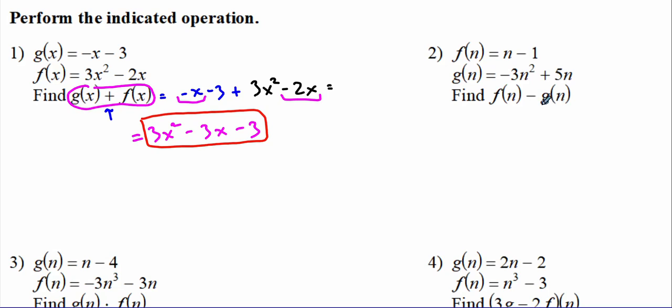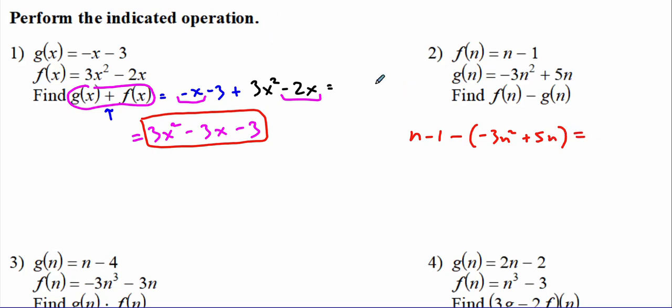You have to be a little bit extra careful when you have a minus between the functions, because what you're doing is subtracting, and you put a minus basically in front of the whole function. Here's the g function. So one way to write that, there's a couple of ways, either mentally or literally on paper: n minus 1, that's your f function. Now you can write minus, open the parentheses, and insert the g function right there. So negative 3n squared plus 5n, close parenthesis,